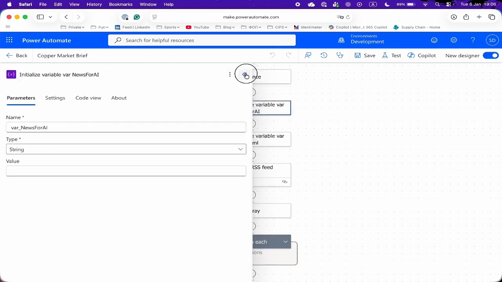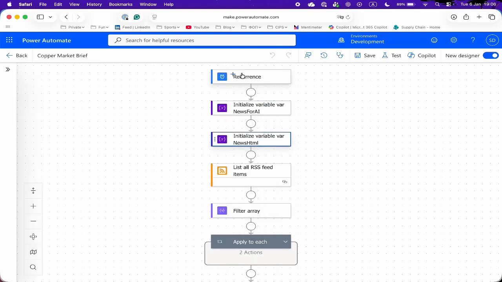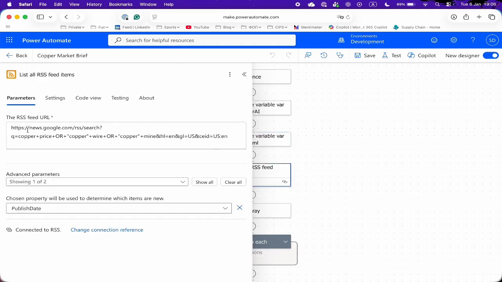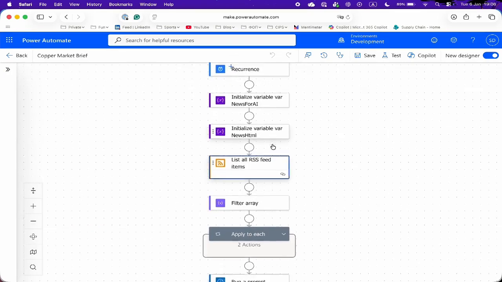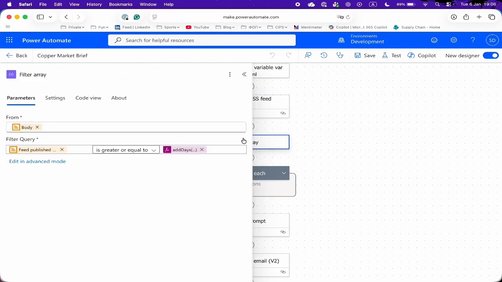Let's look at the flow. Every week, an email with the summary of the last week's news on the copper market will hit the inbox of our buyers. We created some variables to store data there. Then we hooked up onto the Google News feed with some search